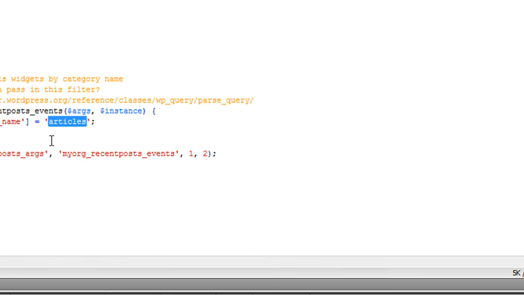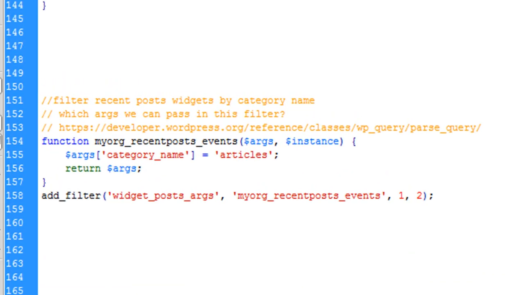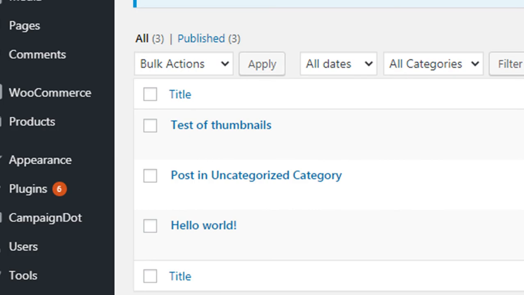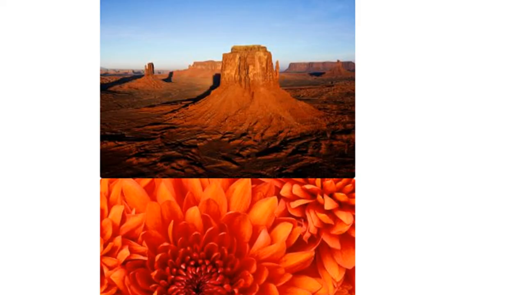So this is very simple code. You will find this in the description of this video and on my website also, and you can play with this filter and do many things, like if you want to change the output of this recent post widget here